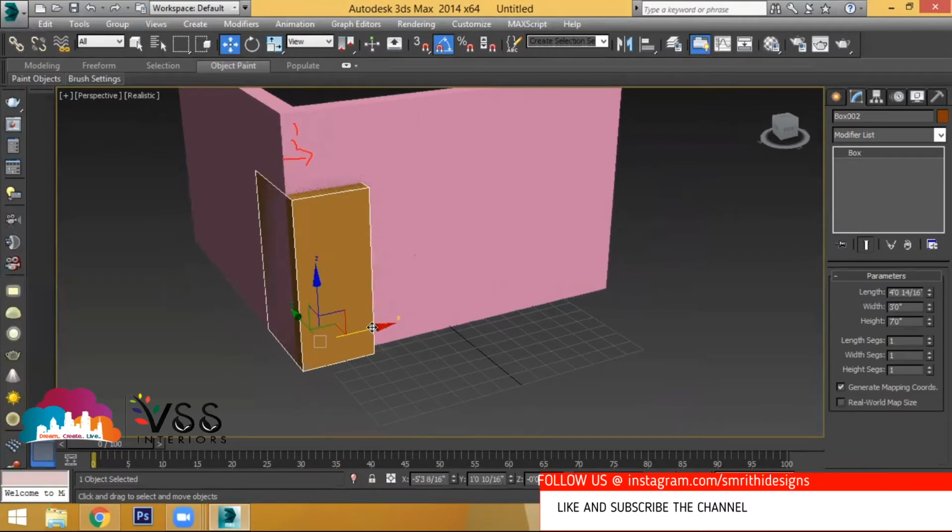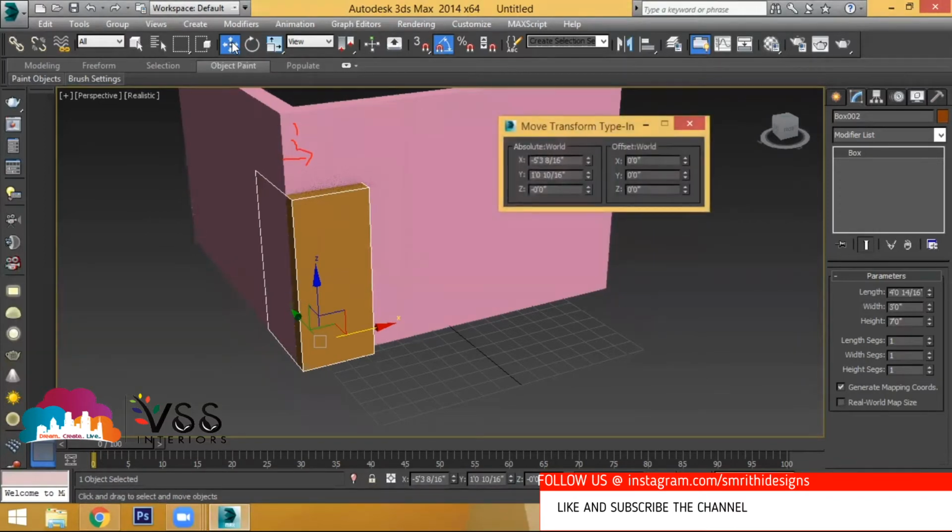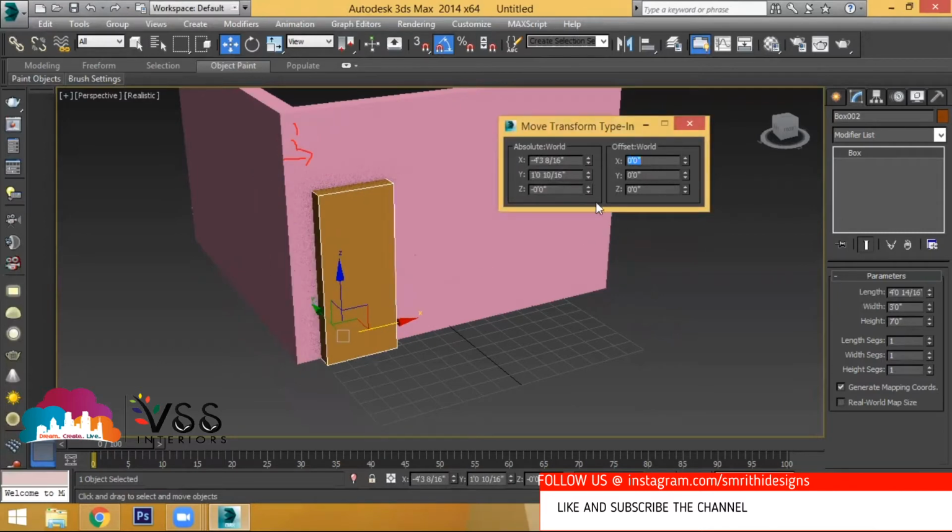To move the object exactly by some particular dimension, right click on the move toggle. You are moving in X direction, so go to the axis offset world and provide 1 feet, enter, because you are moving in the positive X direction. So it moves directly 1 feet from where the object is located. Clear?